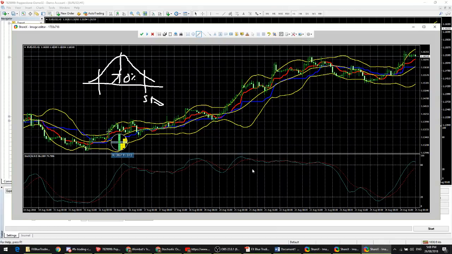So we can see here something's happening, here something's happening. Could say there's something happening, although it didn't close below there. But again, through here something's happening. Again, here, here, here, here,